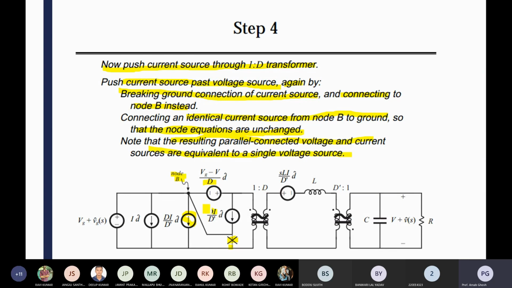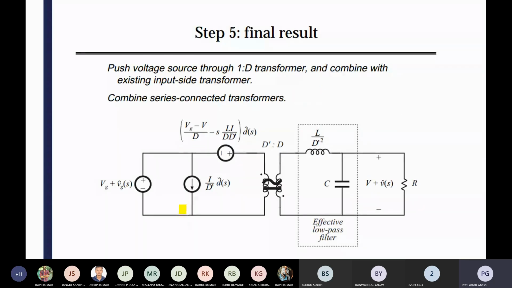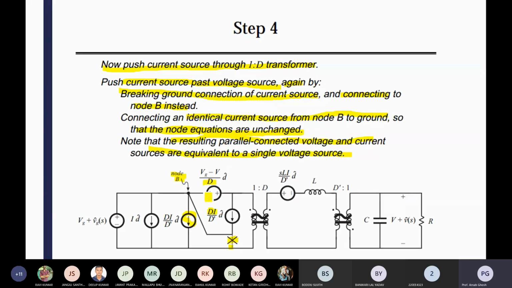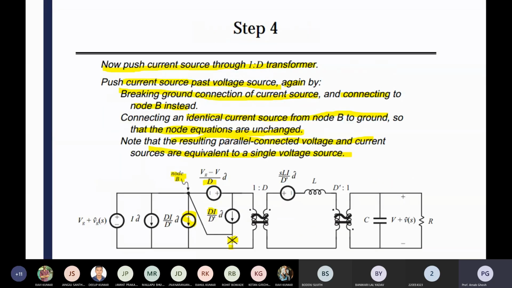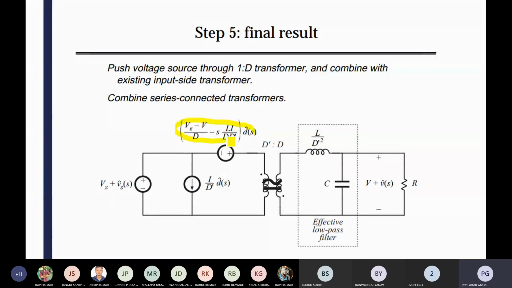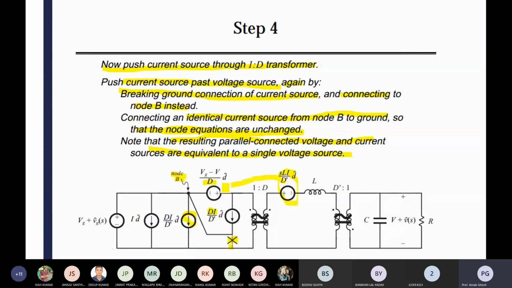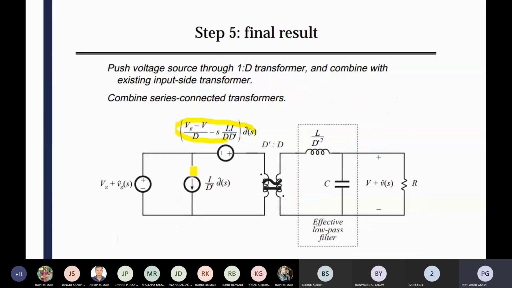Now you have a single voltage source. If you connect it over there, what will be your circuit? Okay, so finally you will get the circuit. Connecting all those values, the current source is directly connected, all are in parallel. So finally you will get that circuit, and you can calculate that value. Previously you can see that the voltage source is there. Now you are transferring that voltage source to the left side and adding both of them. So finally you will get that value, and in the right hand side you can see only the filter component.